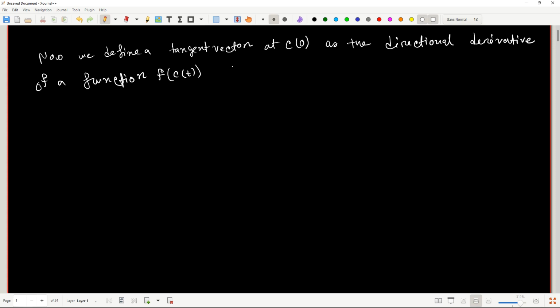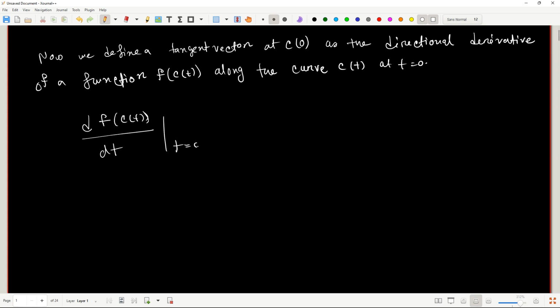So this f of c of t, a function along the curve, is intuitive and understandable at this point, at t equals 0. The rate of change of f of c of t at t equals 0 along that curve will look something like this, which is just the directional derivative evaluated at t equals 0. Okay? Now, in terms of the local coordinates,